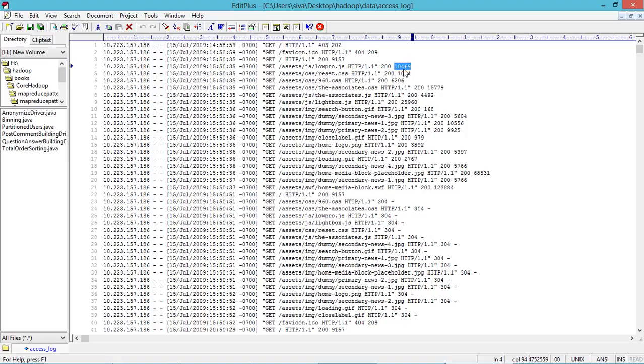And also, by analyzing these log files, I want to find out the best time for taking my server down. If you take an example of good applications like eBay, every application might require some downtime.